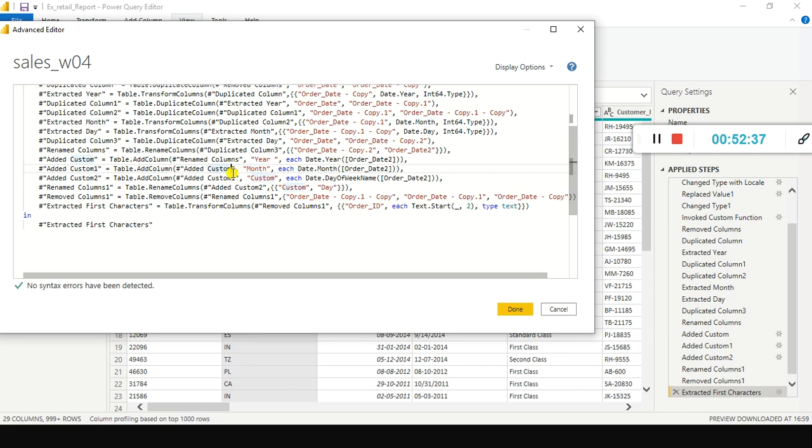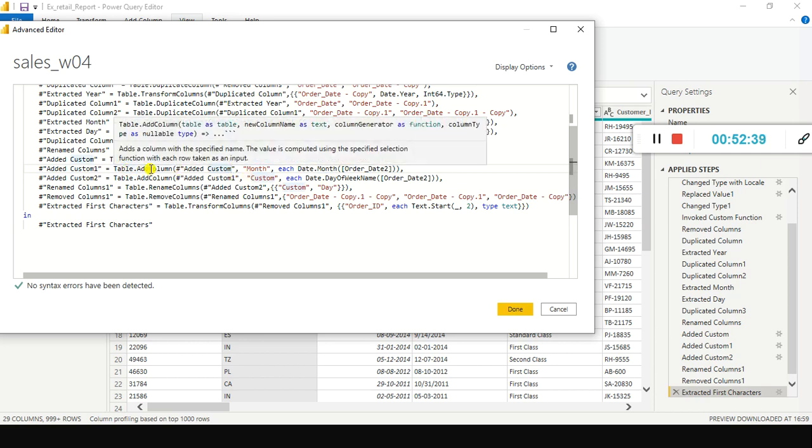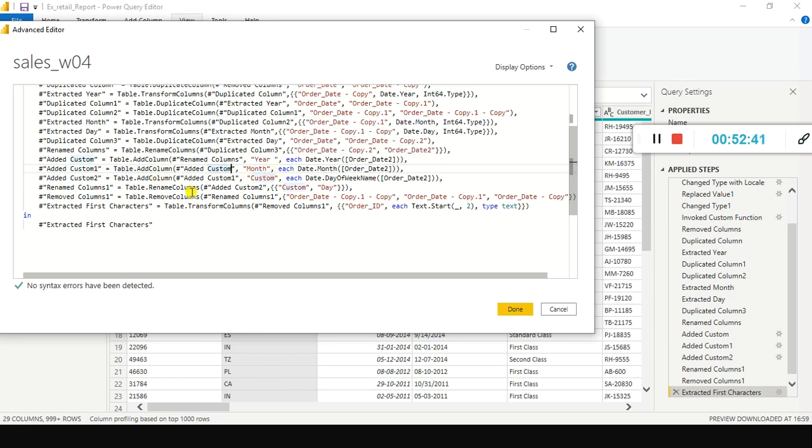So added custom, and table dot add column and rename columns. I renamed the column as day, right? And month and all. So renamed as custom day, order date copy, something like that. And removed columns, order ID, I just removed it.